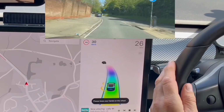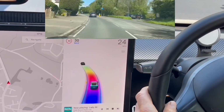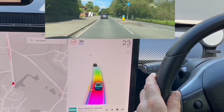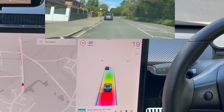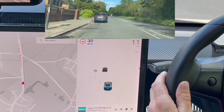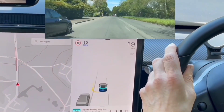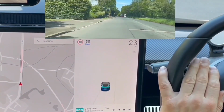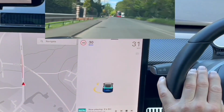Let's see how it takes around here. Well, that's good. Look, it picked the road up nicely. There's a car behind, but it's not going to take me out of it, so I have to do that manually, even though the car stopped. It slowed me down, which was very good. So that's good in itself. They've improved that side of it for us,